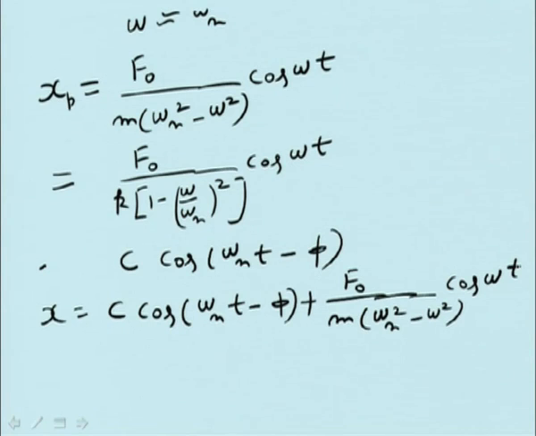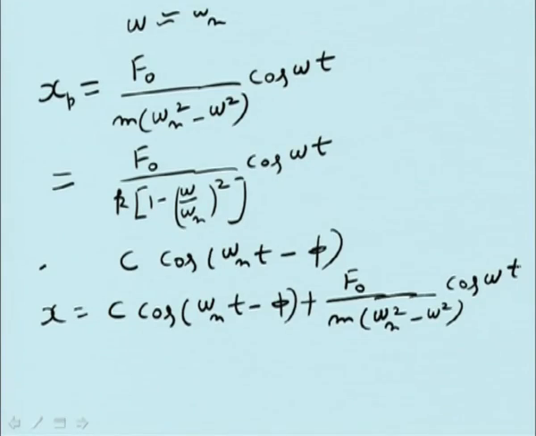This term has come like this, and if in this we put the condition that at time t equal to 0, x is equal to 0, and x dot is also 0, that means we are applying the forcing function at the time when the particle is at rest, from that equilibrium position. I will not show the required algebra, but these C and phi can be eliminated, and then you get x is equal to f0 divided by m,